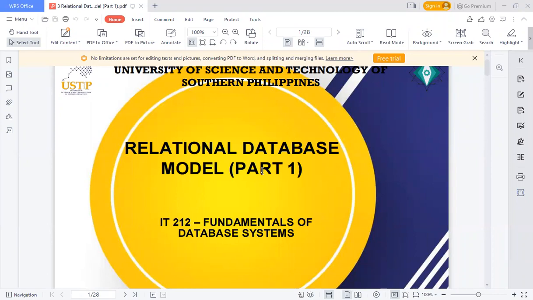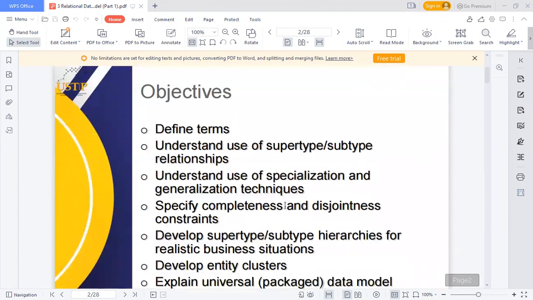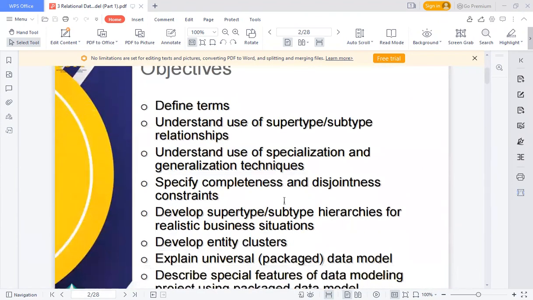Today we will be discussing relational database. So this is the first part of relational database modeling. At the end of this discussion, you are expected to define the different terms involved in a relational database, understand